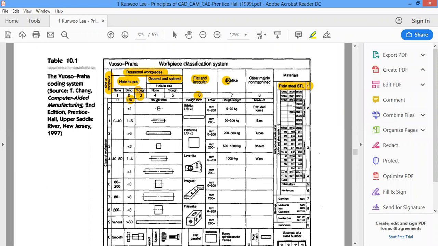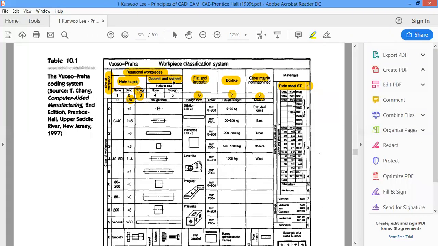If it is like a box type, then we have 7, and any other, it is going to be 8. Then based on the hole, whether it's no hole, it is 1. A blind hole is 2, and if it is a blind hole, we should have the L by D ratio also. And a through hole is going to have the number 3.